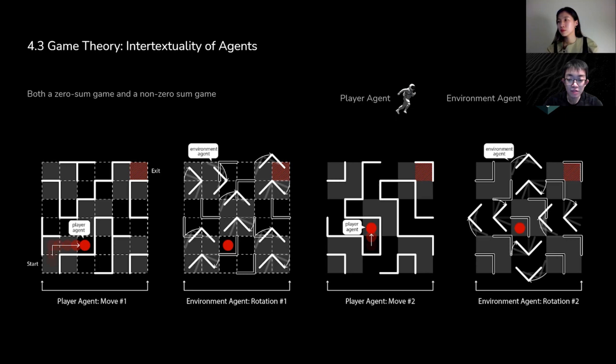But unlike AlphaGo that is built to win, the ultimate goal of the moving maze as a video game is to immerse the human player in an engaging, rich game experience rather than defeat the human player. The environment agent would simultaneously obstruct the human player and mitigate this action to match the level of the player to enable them a successful exit most of the time, but remain challenging to them with the probability to let them fail. Therefore, the moving maze is not just a human-machine zero-sum game, but also a non-zero-sum game, whose game mechanics is explicitly adversarial but implicitly cooperative.